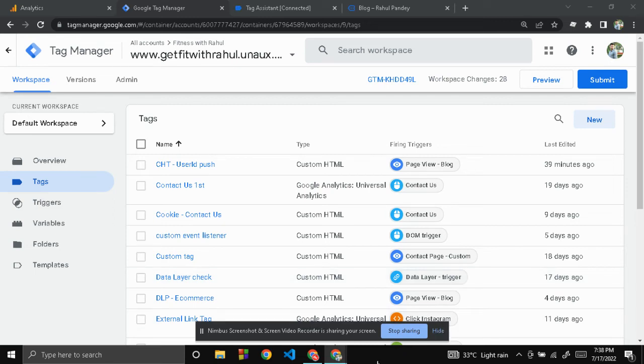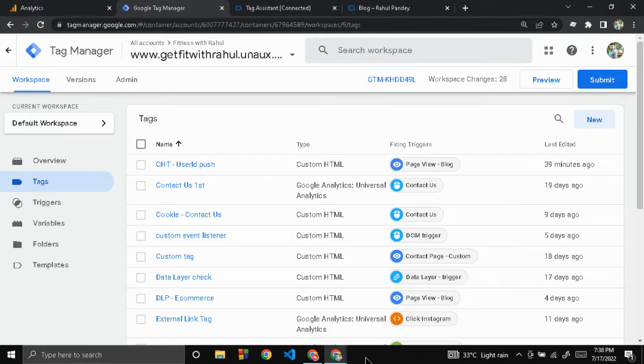Today's topic is setting up user ID in Google Analytics 4. We have done a previous video on this, but we haven't actually covered the practical part of it, and now we are covering the practical part. So a user ID is something which